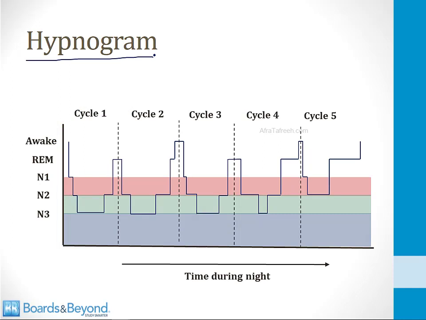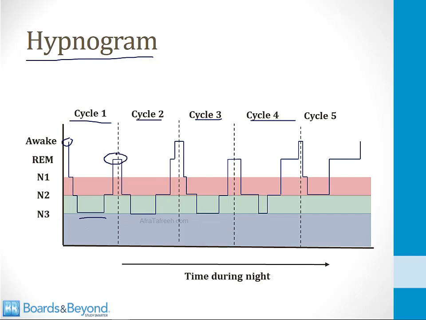So a hypnogram is a graphical representation of the amount of time a person spends in each stage of sleep, and shown on the screen is an example of a normal hypnogram. So as you can see, during the course of the night, a person goes through multiple cycles, and each cycle is about 90 minutes of time. So let's look at the first cycle. The person starts off in the awake stage, obviously, and then spends a little bit of time in N1, N2,